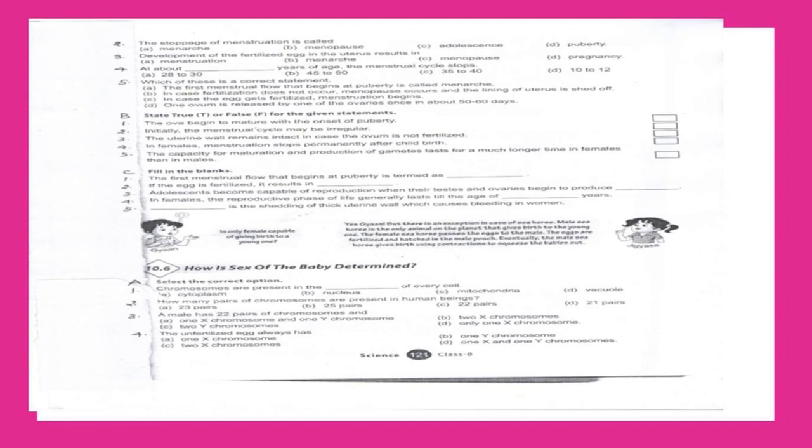Then 10.6, chromosomes are present in the nucleus. How many pairs of chromosome? 23. A male has 22 pairs and 1 X chromosome and 1 Y chromosome. Fourth, unfertilized egg always has only 1 X chromosome. Only 1 X chromosome. Unfertilized egg always has 2 X chromosome. Egg is the name. 1